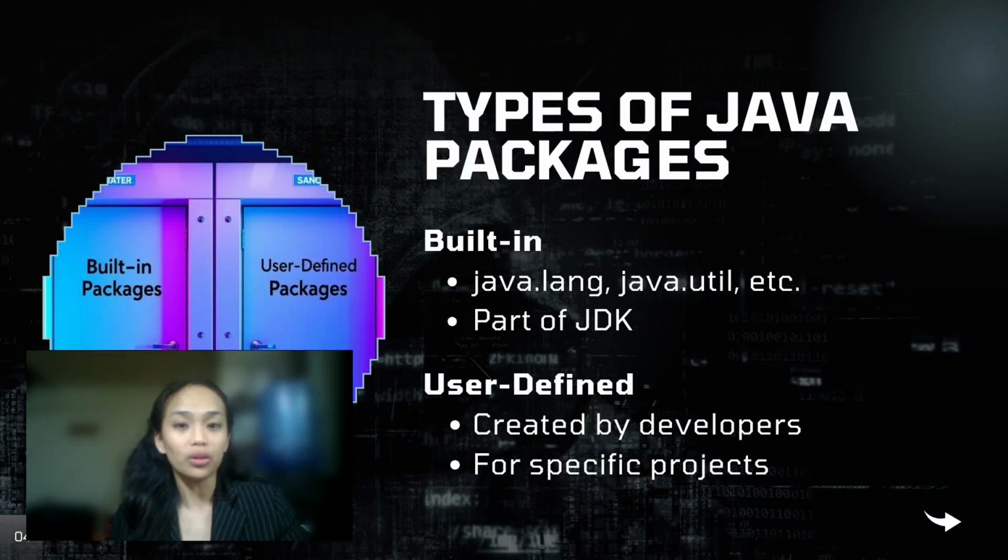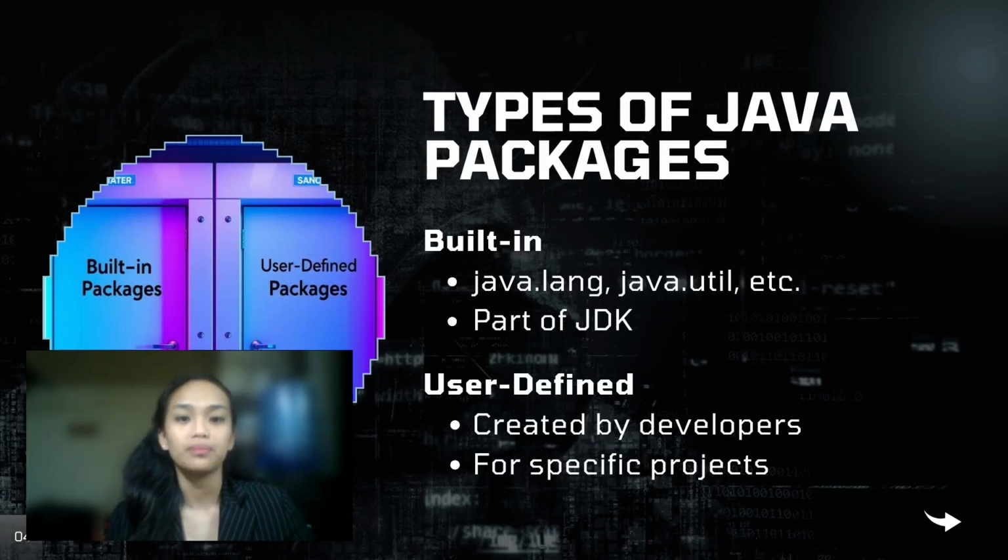Third example, java.io. This is the section with books on input and output, providing classes for reading and writing data to files, network, and other sources. Many other built-in packages exist, each offering specialized functionality. They're pre-built and ready to use in your programs. So the next type of packages is